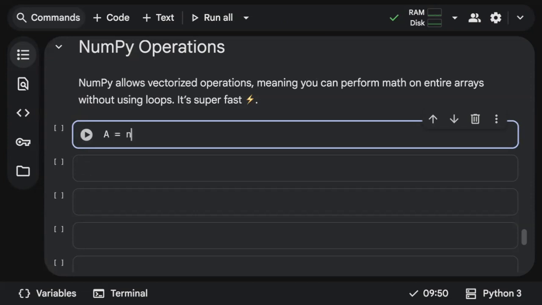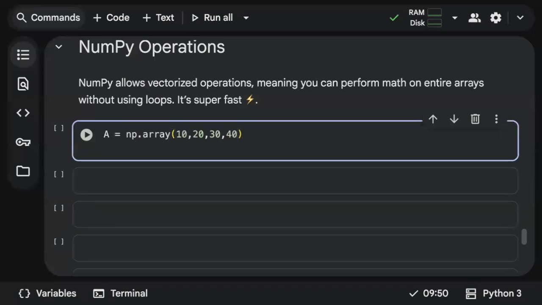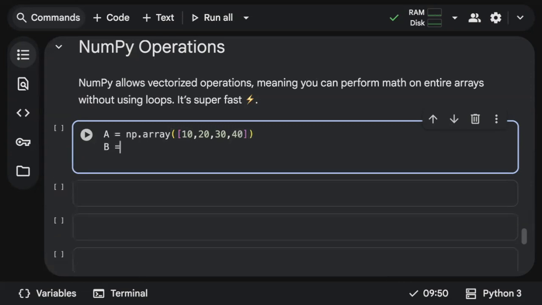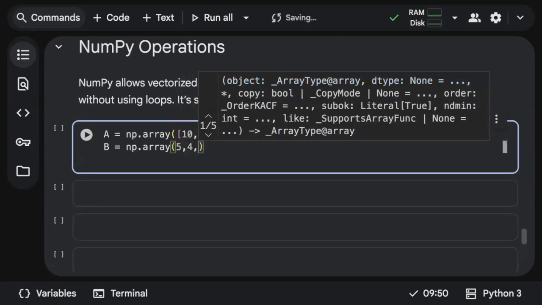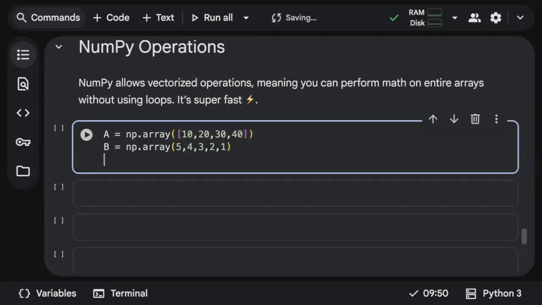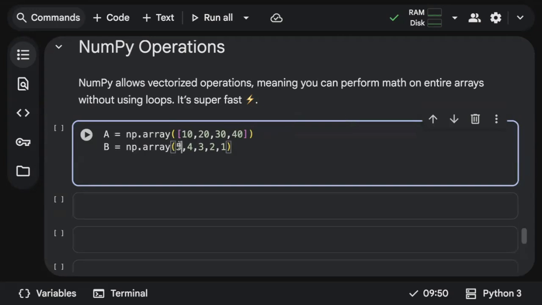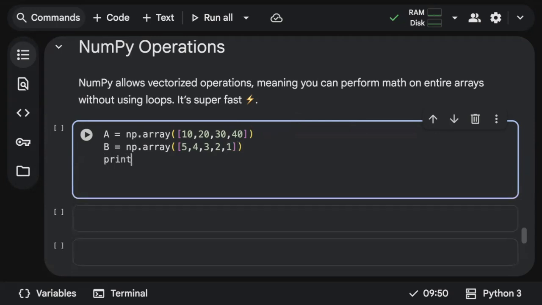I'll just create A is equal to np dot array of. Always remember there should be an equal number of elements whenever you need to perform array operations. So make sure the number of elements in the arrays is the same. It cannot be different. Okay, so B is going to be again np dot array of 5, 4, 3, 2, 1, something like that. Okay, great. So again, when you're passing multiple elements, make sure you pass them within a list or maybe a